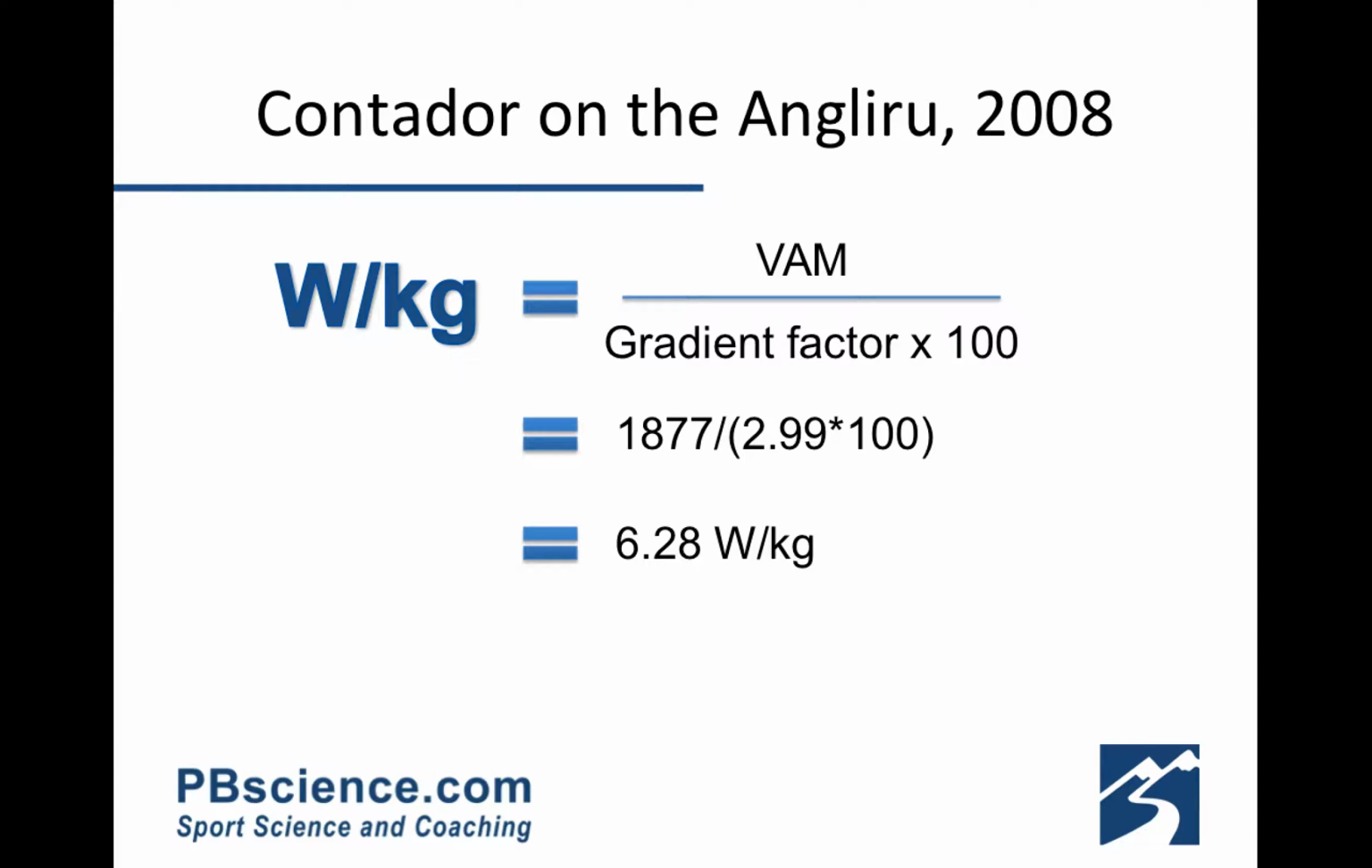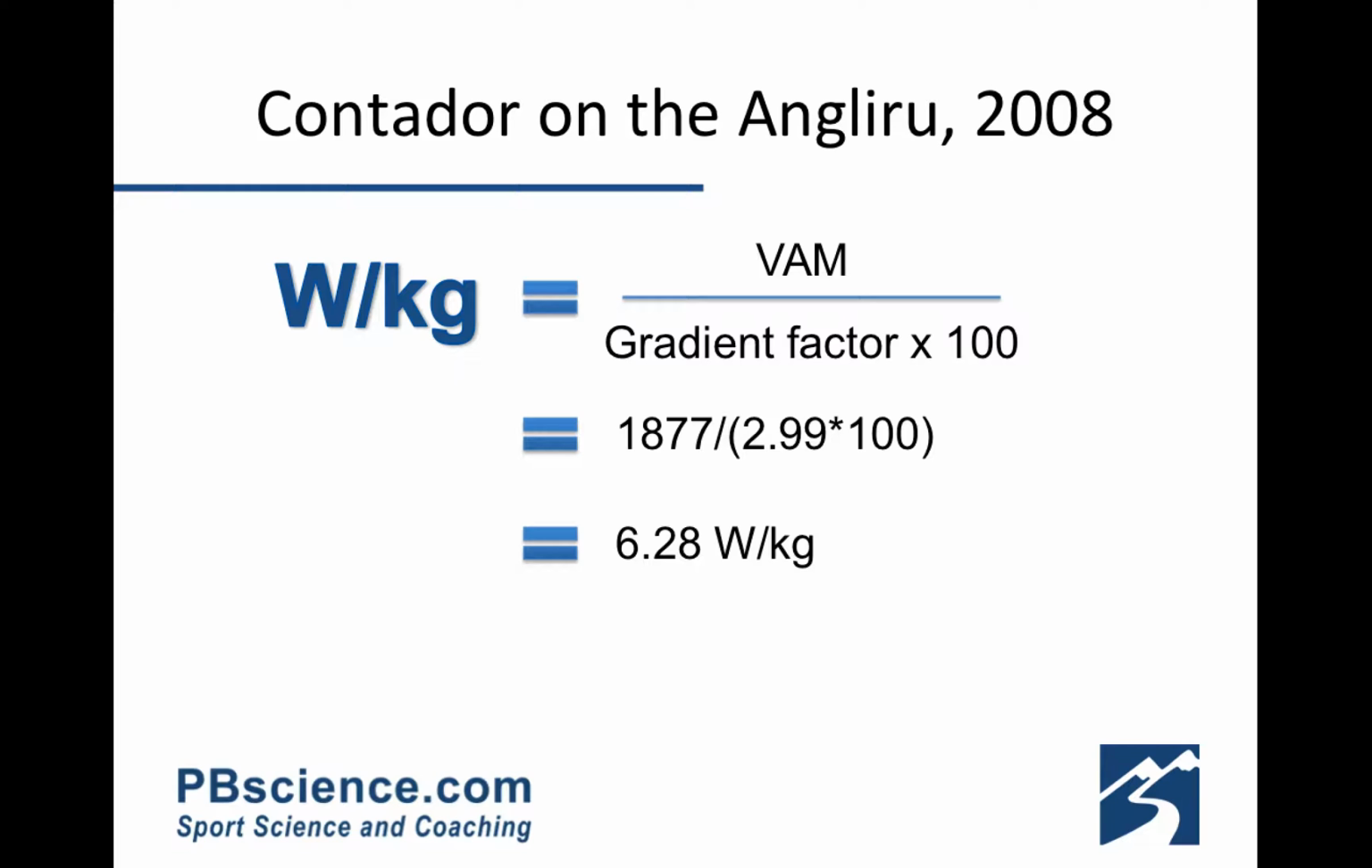We take from that table previously the highest sustainable power output, we ignore Revenue like we say, and Contador on the Angliru in 2008. We want to estimate his watts per kilo. We take his VAM and divide it by that gradient factor times 100, so VAM of 1,877, average gradient of 9.9%, divided by 10, we get 0.99, add 2, 2.99 for our gradient factor. All comes out in the wash as an estimated relative power output of 6.28 watts per kilo,